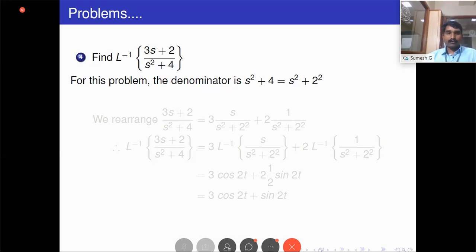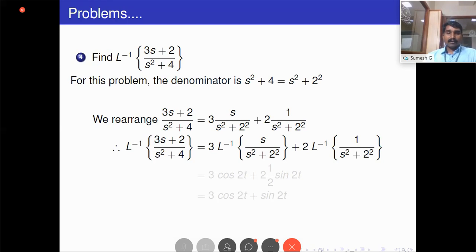So we have to rearrange the expression, because here the numerator is 3s + 2. It contains s as well as a constant 2. So we rearrange it as (3s + 2)/(s² + 4) equal to 3 into s/(s² + 2²) plus 2 into 1/(s² + 2²). Now we can find its inverse Laplace transform. Take L inverse on both sides. So we obtain